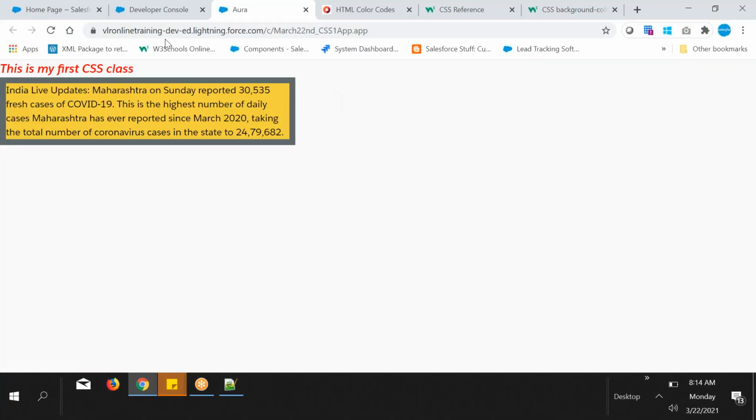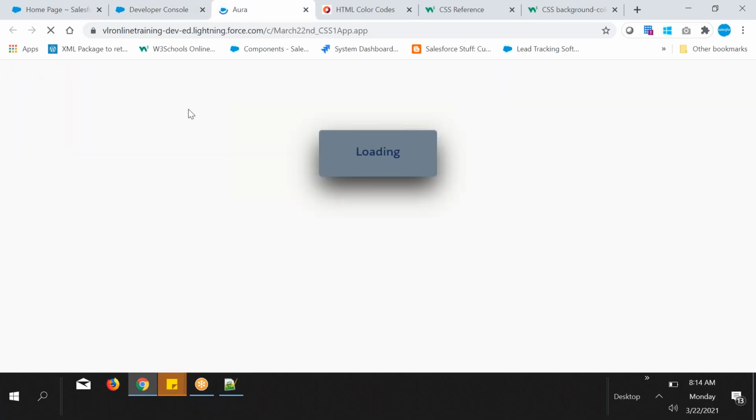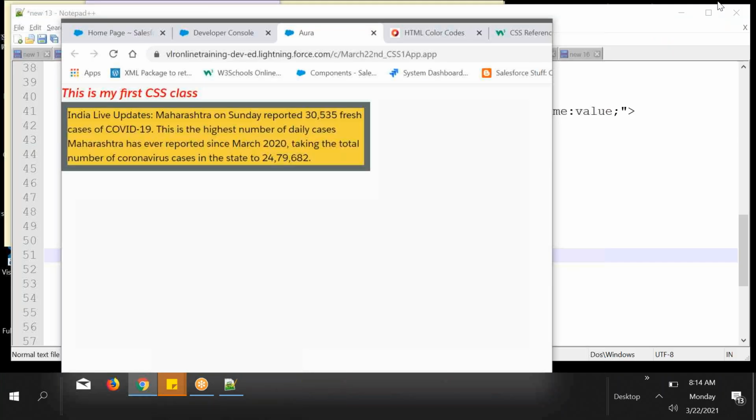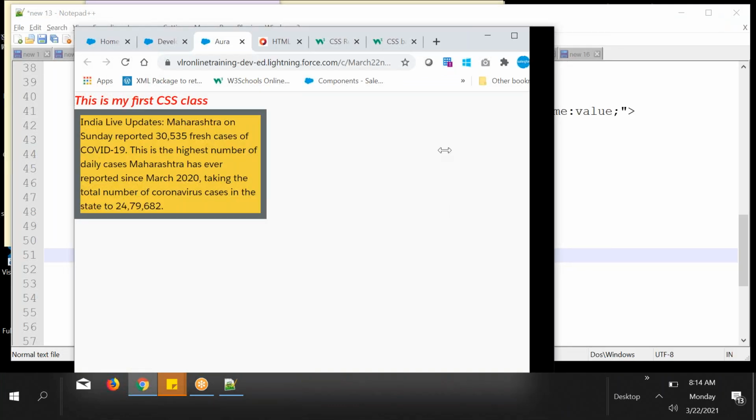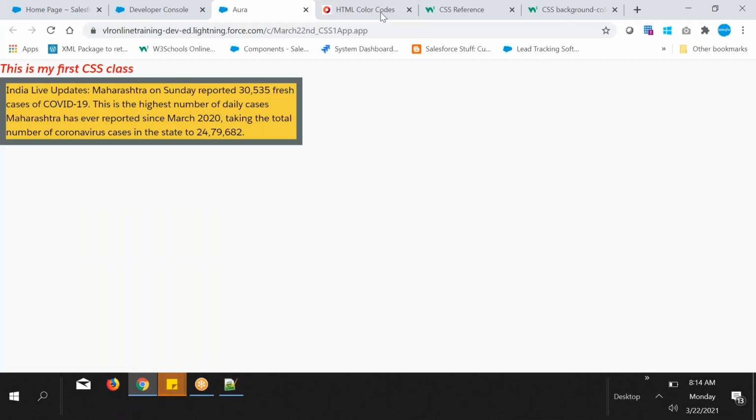Left to right, up to 500 pixels width it is occupying. Suppose I have given 40%. So now refresh it. It occupied 40%. Even if you reduce it, it occupied 40%. You can see. Okay, so that's it.